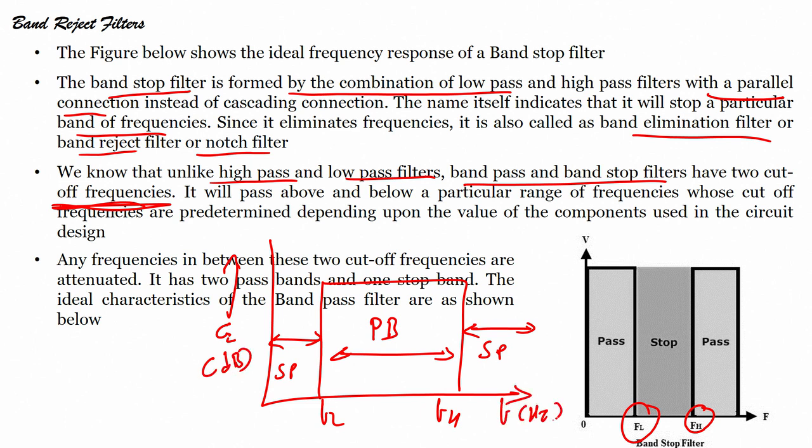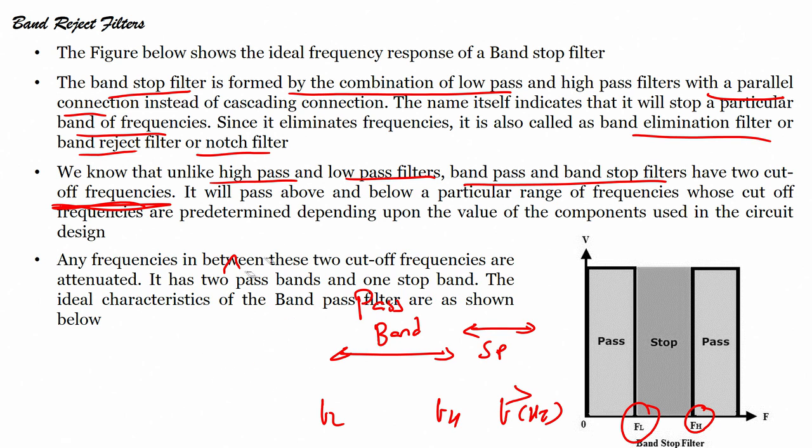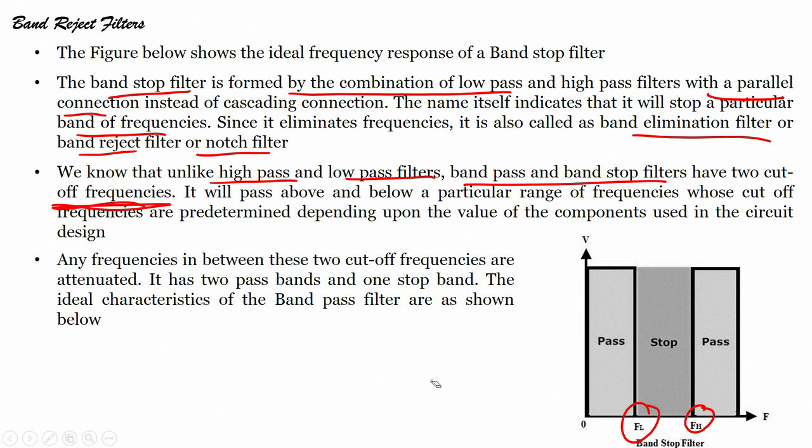Even though it is obvious there is a frequency, still you have to mention, when you are plotting a graph, what your y axis is and what your x axis is. You have to write the full form: pass band, and you have to write the full form: stop band, okay. So, whenever you show in an exam or in your class or in your interview, if you are asked, please plot everything correctly. Now,